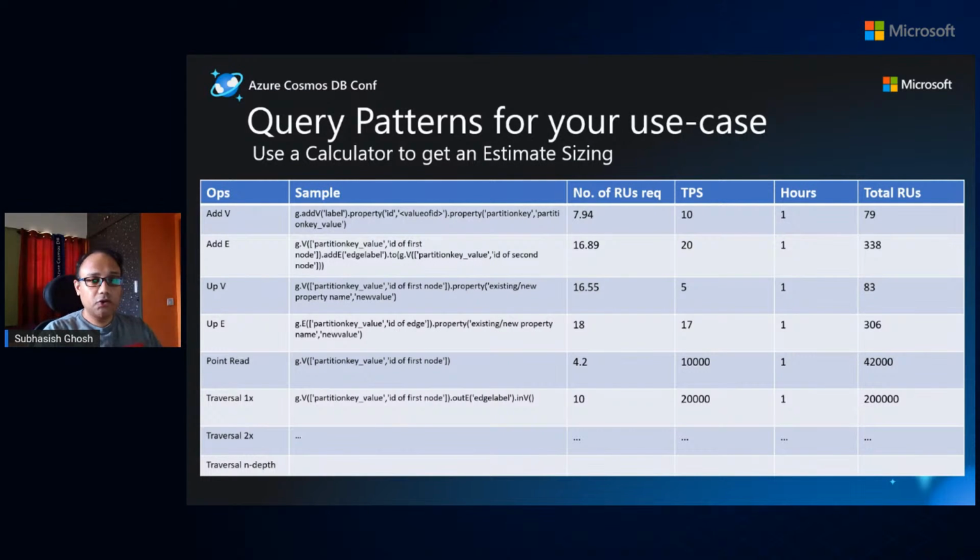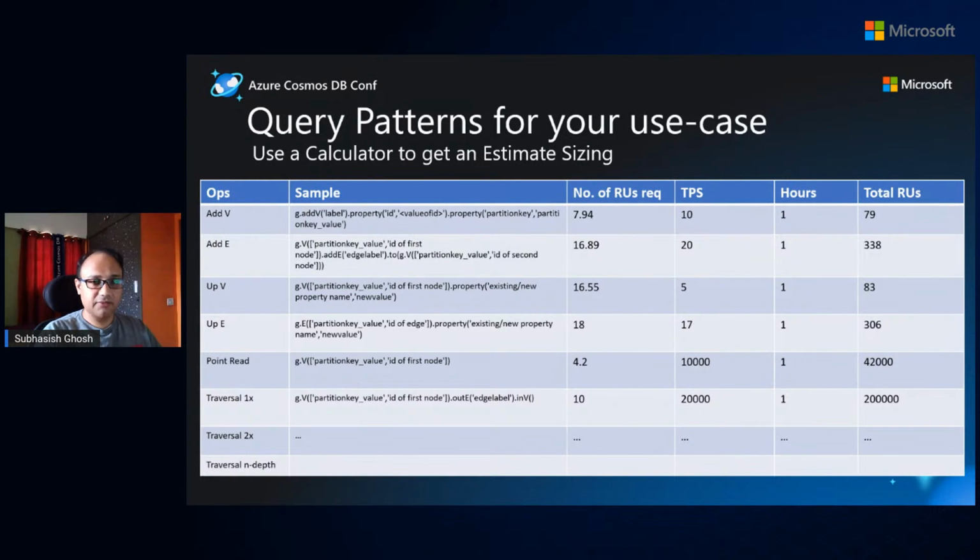Then you basically know the TPS for your use case. In real life you would like to check the TPS for on-peak versus off-peak periods, because you won't have 10 TPS, let's say, throughout the day, right? You will have times with very low TPS, and you will have peaks when it will be 10x or 5x of the TPS.